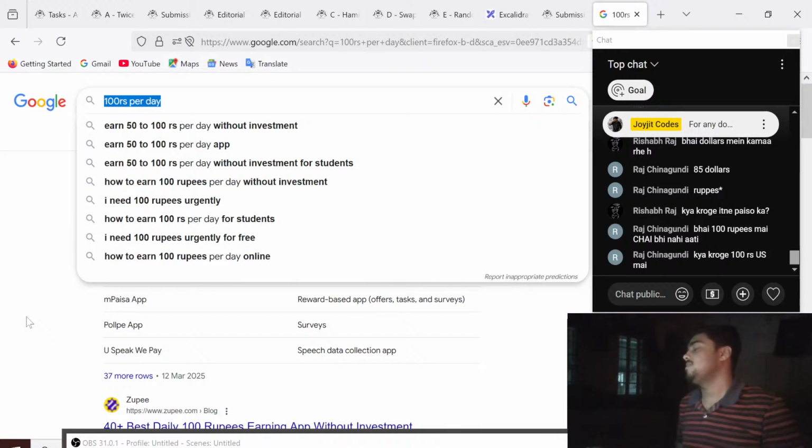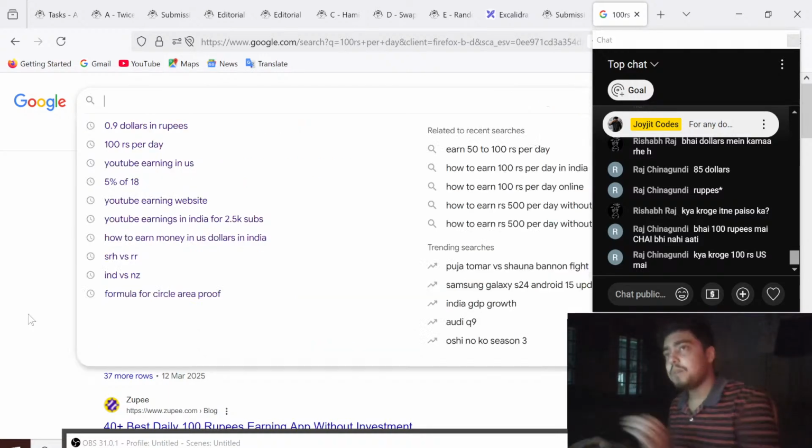100 में चाय भी नहीं आती। यूएस का बात कर रहा हूँ ना, मैं समझ रहा हूँ। मैं बता रहा हूँ ये मेरा पैसिव इनकम है, ठीक है, ये मेरा मेन इनकम नहीं है। अब तुम यूएस का बात इसलिए कर रहे हो ना, देखो